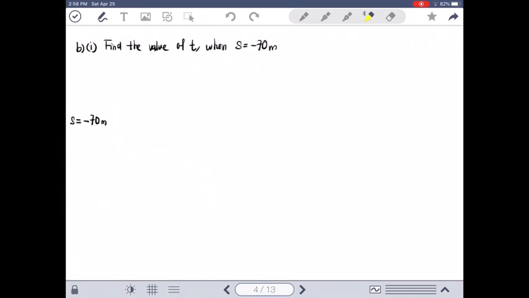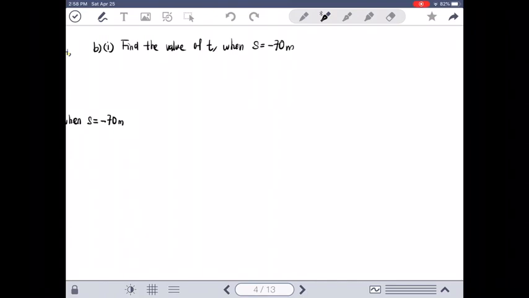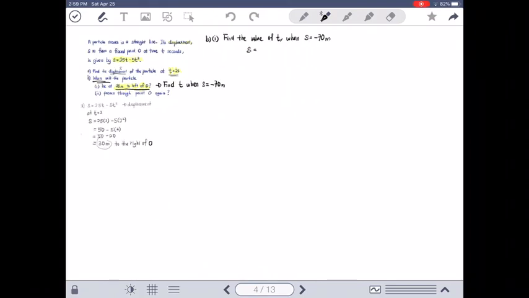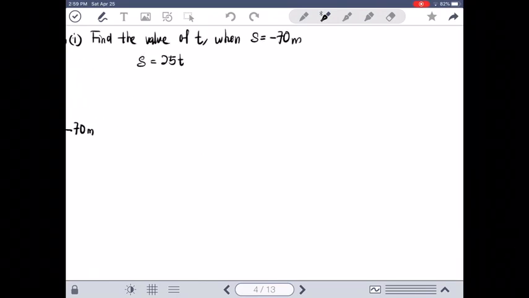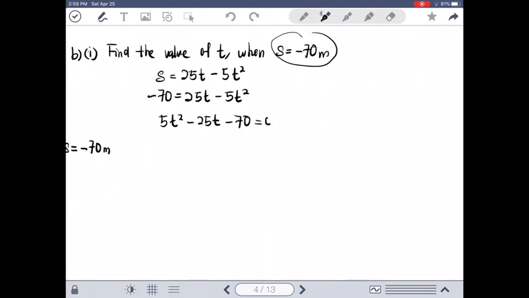Okay. So we just need to solve this. Given that the function s is equal to 25t minus 5t squared, if s is equal to negative 70, then negative 70 is equal to 25t minus 5t squared. Here we need to do the factorization, so bring everything to the left hand side. We will get 5t squared minus 25t minus 70 equals 0. And we can simplify this equation, so everything divided by 5,